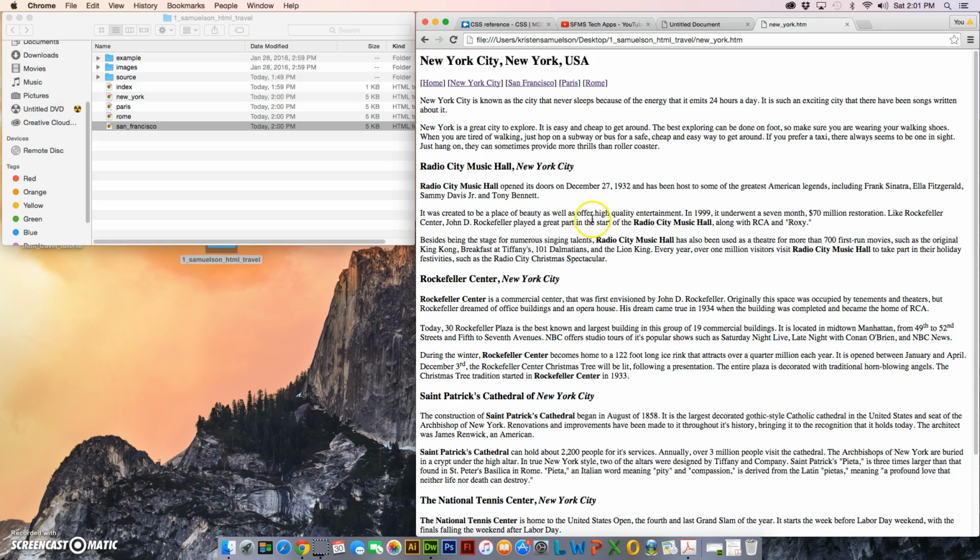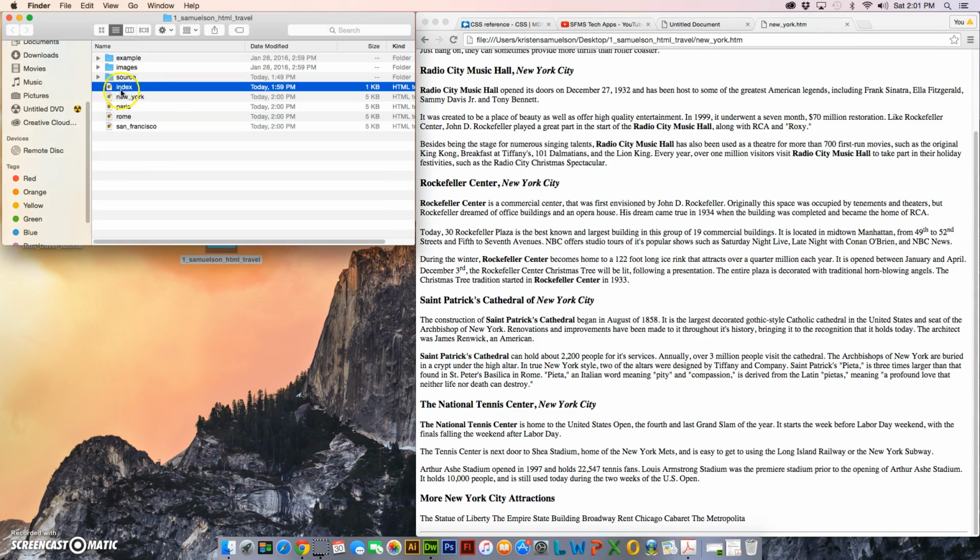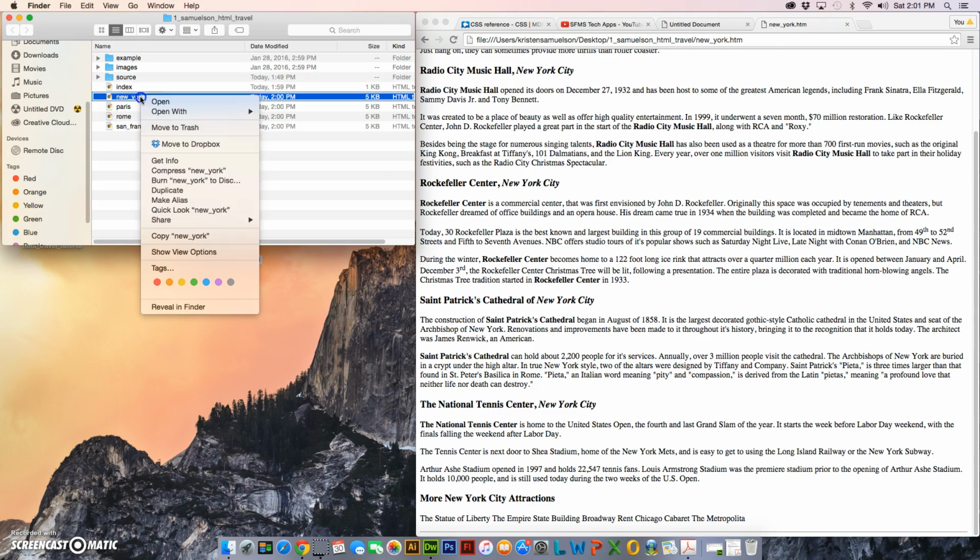So whenever we have long pages, sometimes it's a good idea to put a navigation at the bottom of the page so that if people have read all the way to the bottom, they can then just click on a link as opposed to scrolling all the way to the top. So I still have my navigation on my clipboard. It was copied. So I'm going to open the 4 city pages again,